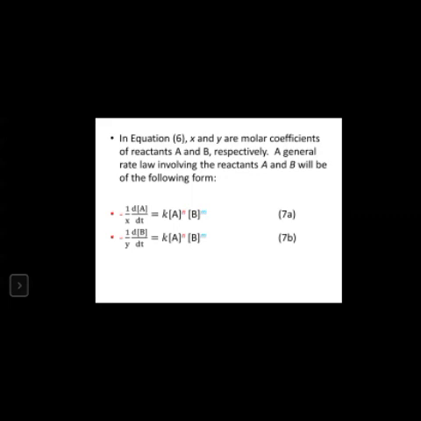Okay, you can take the second one, B is also a reactant. Then because it's a reactant, you put a negative sign in front of it. And then you can write dB over dt. You can use any of them, 7A or 7B, to represent the rate of a reaction. If I remove that equality sign,